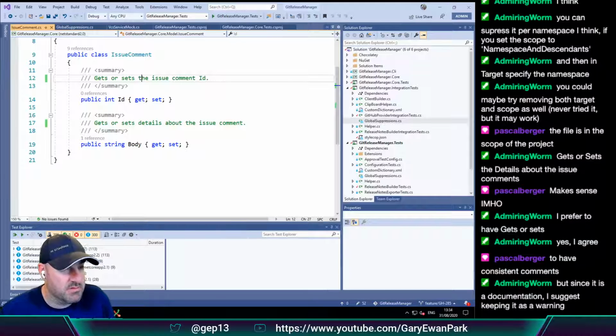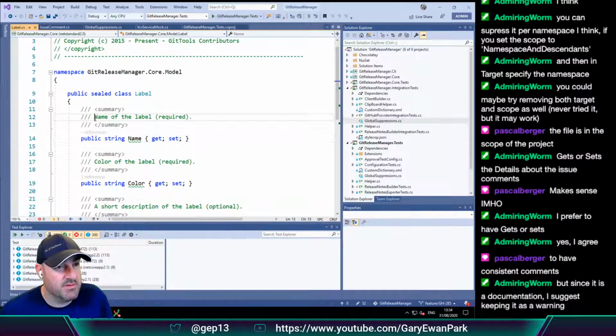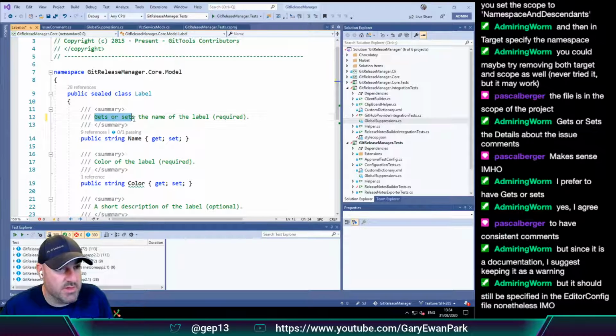Look at that. Single-handedly saving the world here. Gets or sets the name of the label. I'm going to copy and paste this part now, but it should still be specified.